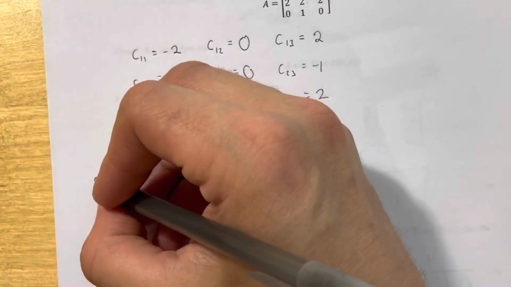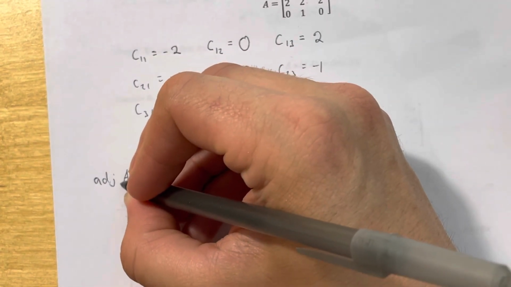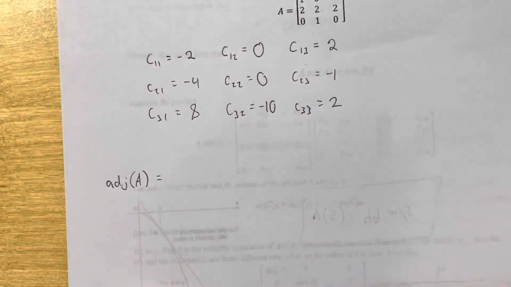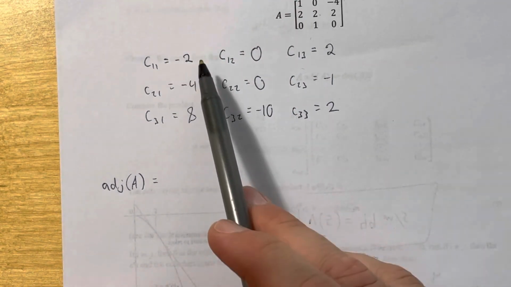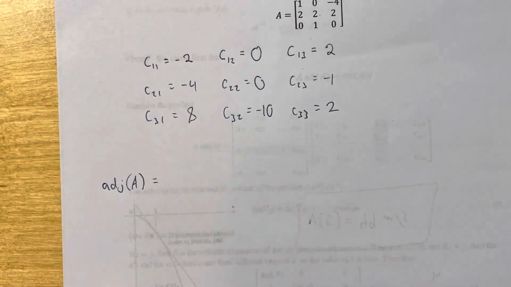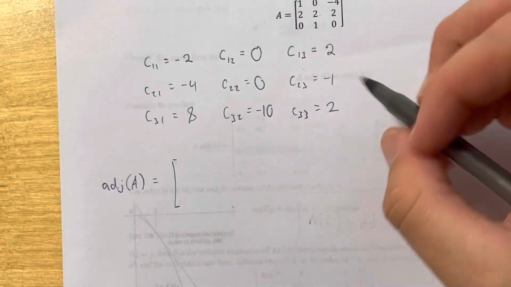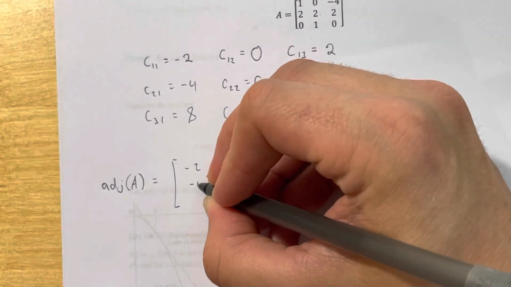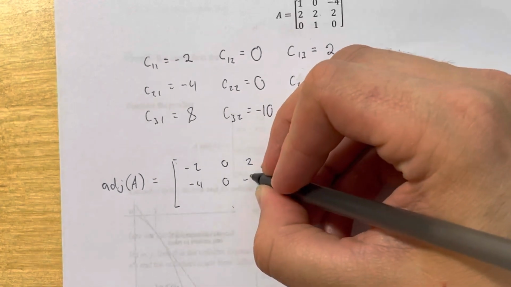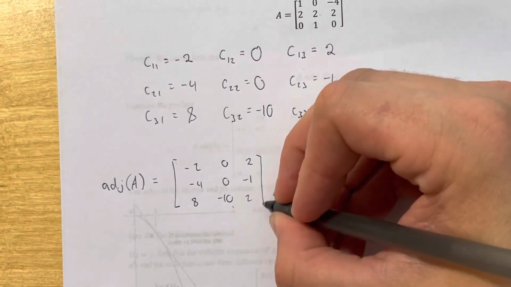The adjoint of A is equal to the transpose of the matrix of cofactors that use these cofactors that we just found. So I'm actually going to write the matrix of cofactors first: negative 2, 0, 2, negative 4, 0, negative 1, 8, negative 10, 2, and the adjoint is the